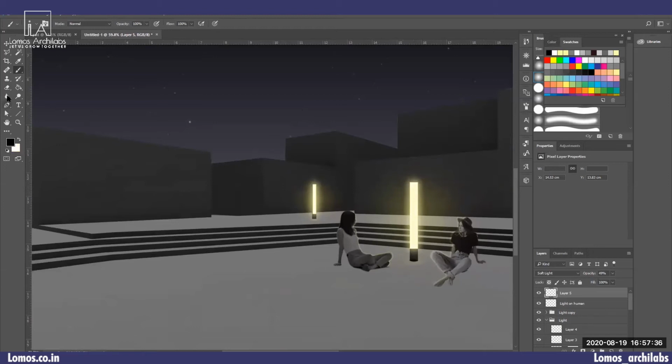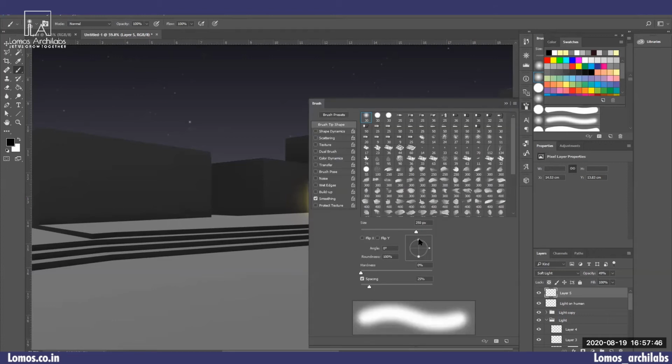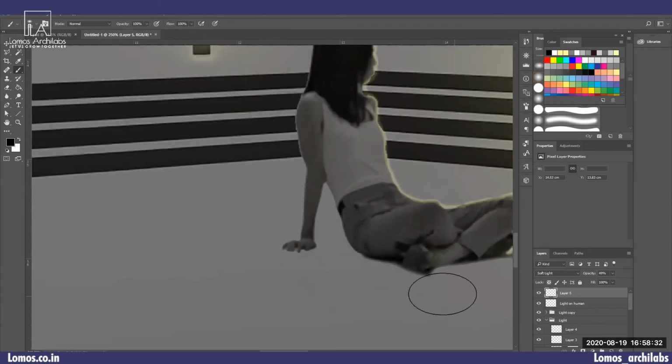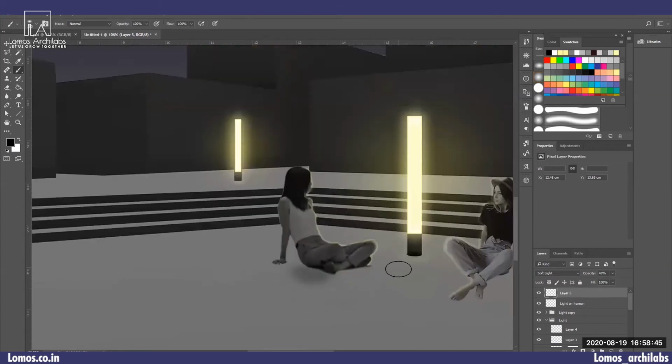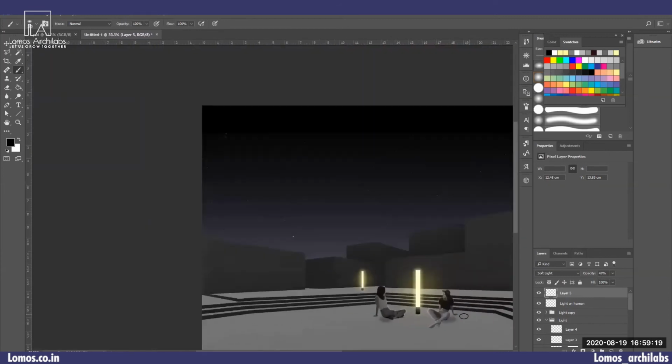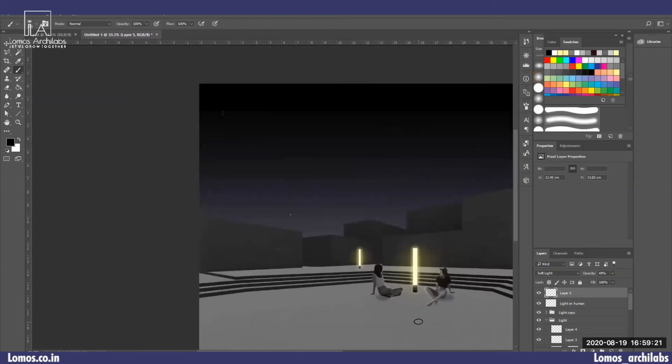So let me select black shade, increase the size of the brush, and maybe we can make it oversized again. Make another layer. So we have created the brush of oval shape. Now we will create some shadow. So just put a little bit of black stroke over here. That's it. So I have placed the human figures, and I have created the shadow as well for them.